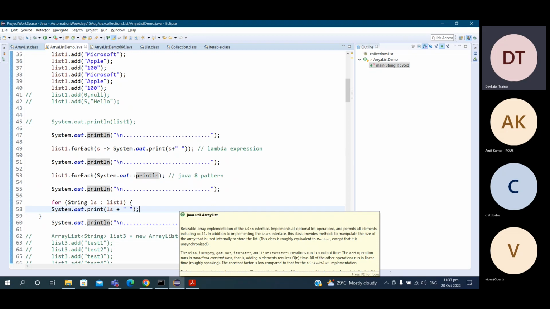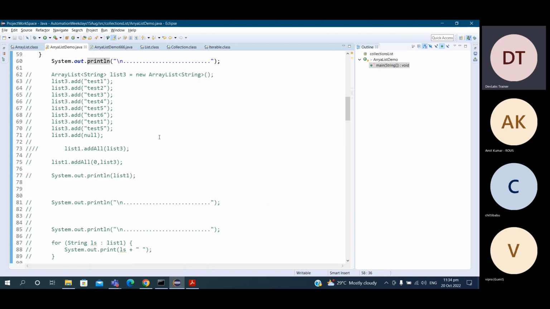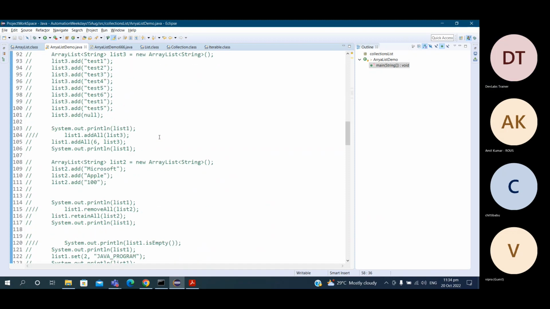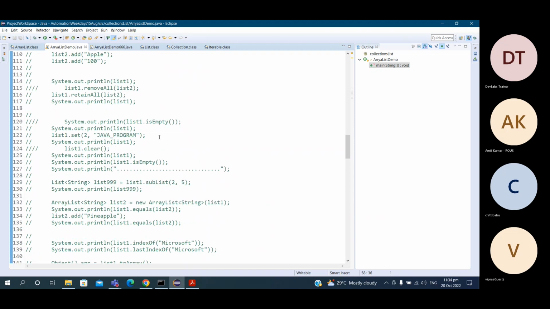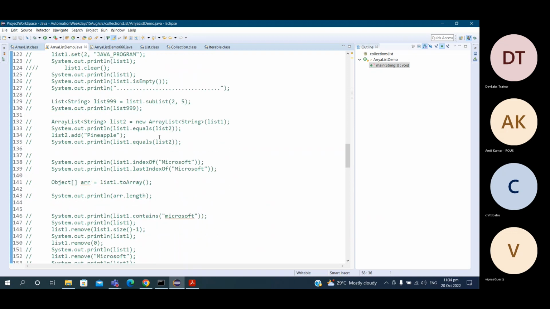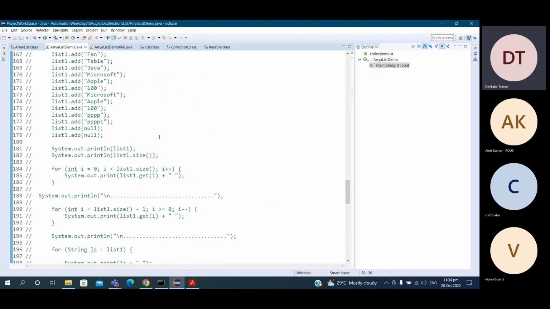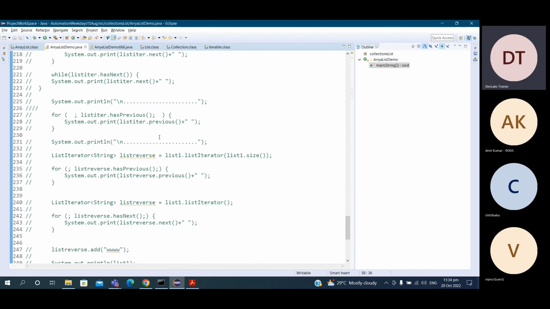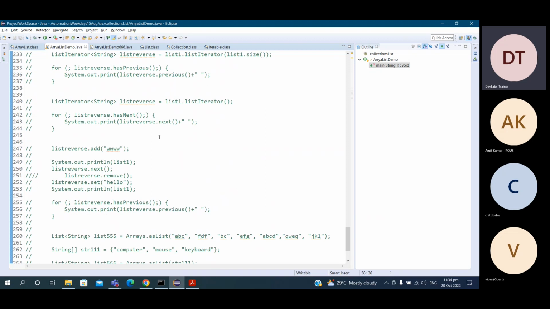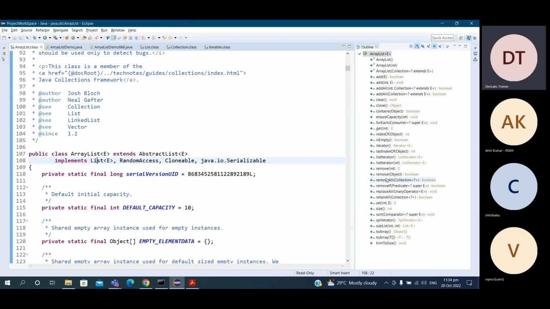Any other doubts anyone has? If this level is covered, then we can move to the next level. These examples we have already seen in the past. Iterator, list iterator, and this and that. Everything is there. Now, next level is for each method